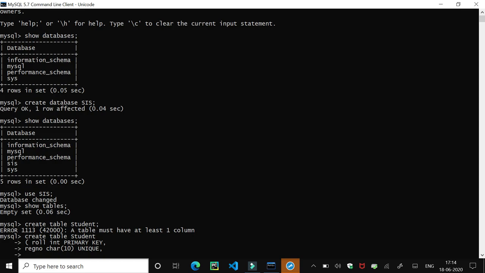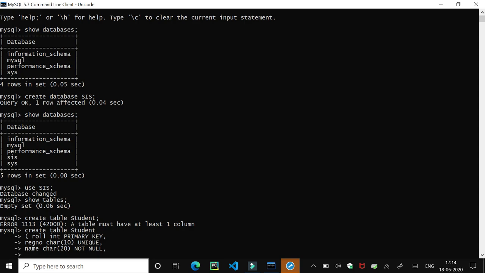Now again I want to enter one more column, that is name, and it is also of character type of size 20. Now I want the user must enter some value in it. It should not be null. So we have to put here the not null constraint.